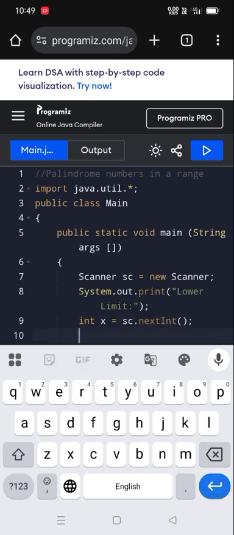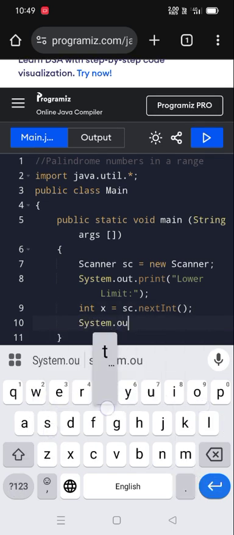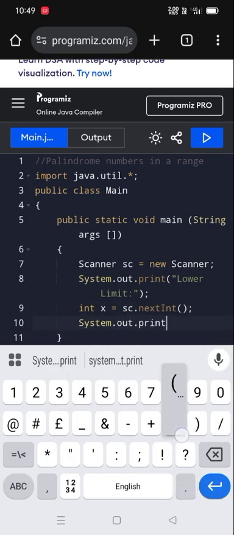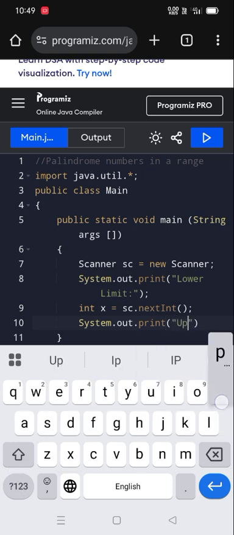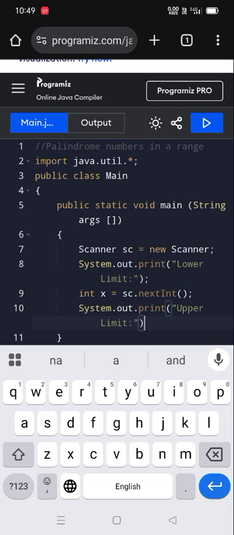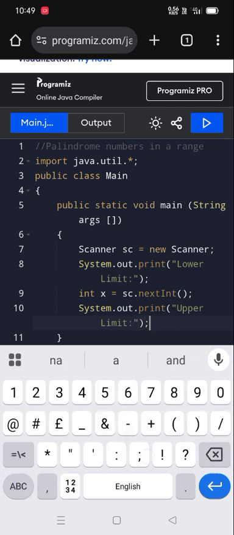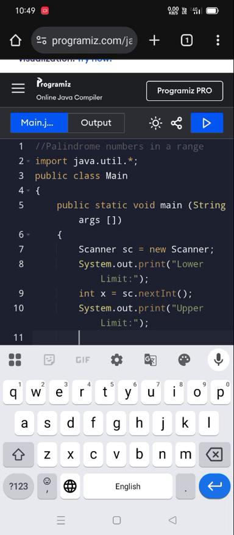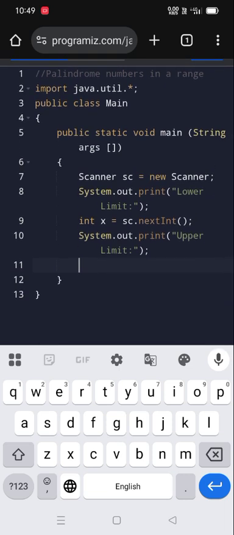All right, next again we have to type system dot out dot print, and I'm asking the user to enter the upper limit. Okay, semicolon. So semicolon is really important inside the main function, that is void main. Every statement has to end with the semicolon, you know that, the basics. In case of if else statements as well we use semicolon, so that's a different topic. So we have to store that upper limit, so I'm creating a variable integer y is equal to again sc dot next int,